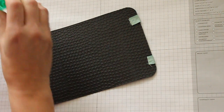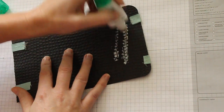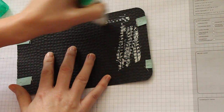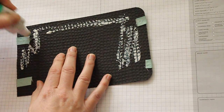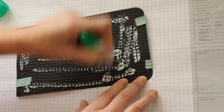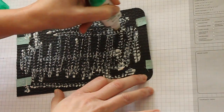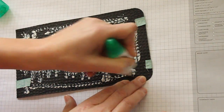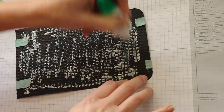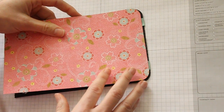And then I'm using liquid glue to add my pattern paper to the cardstock. I'm not gonna go all the way to the edges because we're gonna sew the pieces together to give it a more leather, finished look. And I don't want to gunk up my machine with the